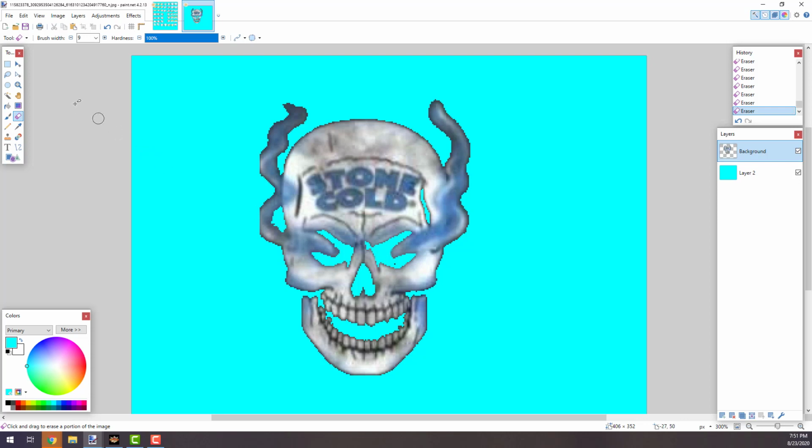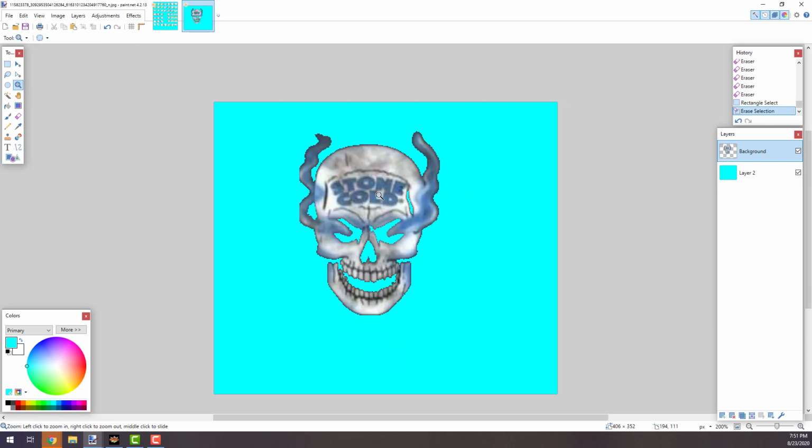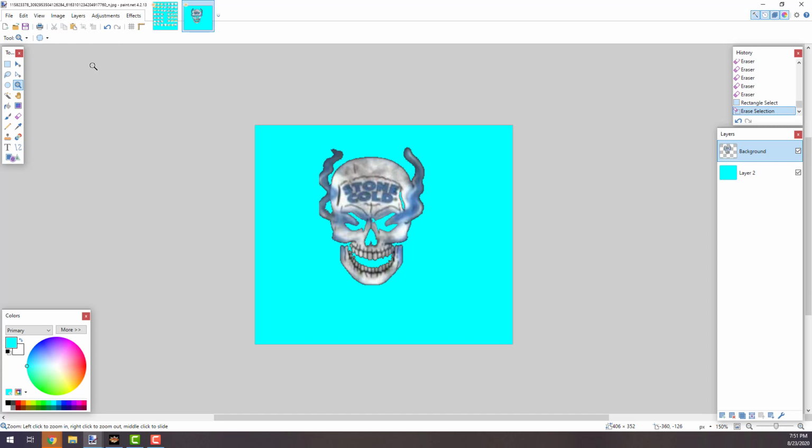The cleaner it looks, the less pixelation on the final product. So always remember that cleaning it up is definitely worth it. You don't want to sacrifice quality, especially whenever it's going to be downgraded to the size that it's going to be downgraded to. So let's go ahead and get back over here to our template,